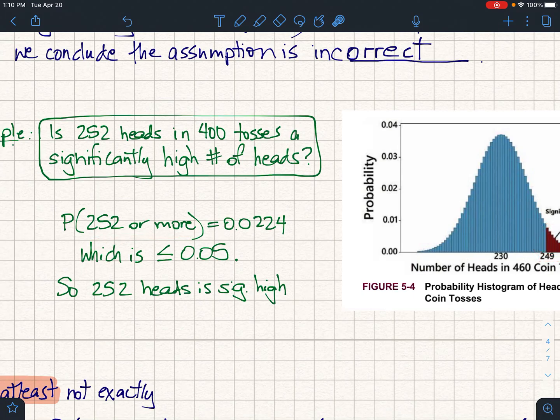Attention students. Oh, hello. Joseph Whitman, please report to the student office. Joseph Whitman. So the probability is approximately a little bit more than 2%, which is definitely less than our threshold